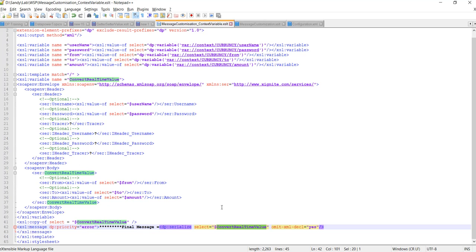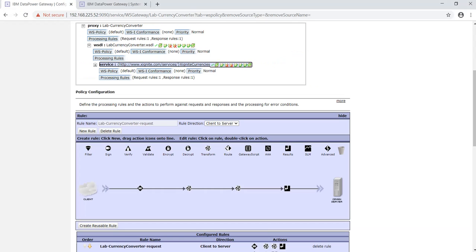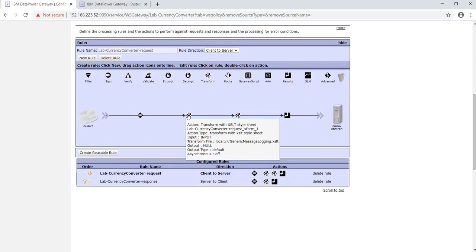Okay, so let's upload this XSLT into our flow, then we'll check what values we received. Here is our generic message logging. It will work for the request, and in a similar way we have the same XSLT for logging the response message.